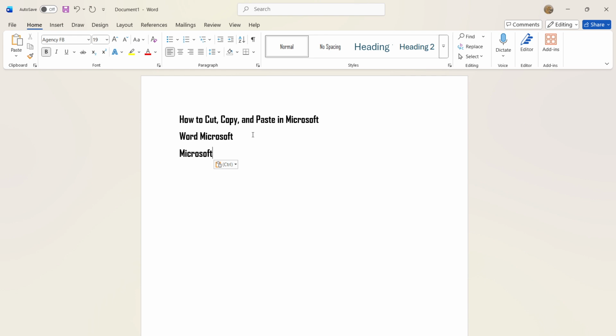These three simple commands, cut, copy, and paste, form the backbone of effective document editing. By mastering them, you can make large changes quickly and efficiently. Whether you're moving chunks of text, duplicating datasets, or organizing objects in graphic designs, these functions will serve you well. Practice using these commands, and soon they'll become second nature to you, boosting your